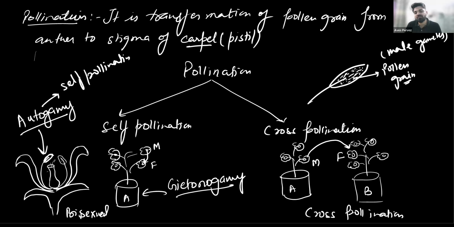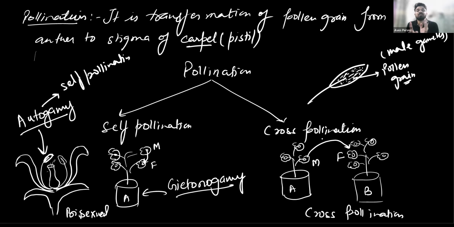And if the pollen grain from this male flower is transferred to the stigma of this female flower, here the plant is not changing, but the flower is changing. The plant is the same, but the flower is different. So this type of pollination is also called self-pollination. But this type of pollination is called geitonogamy. You understood? And in cross-pollination,